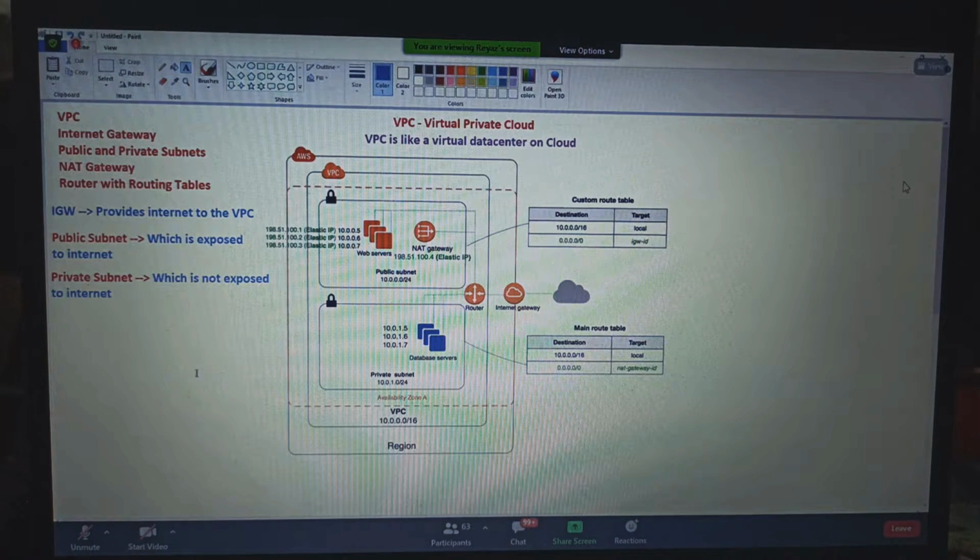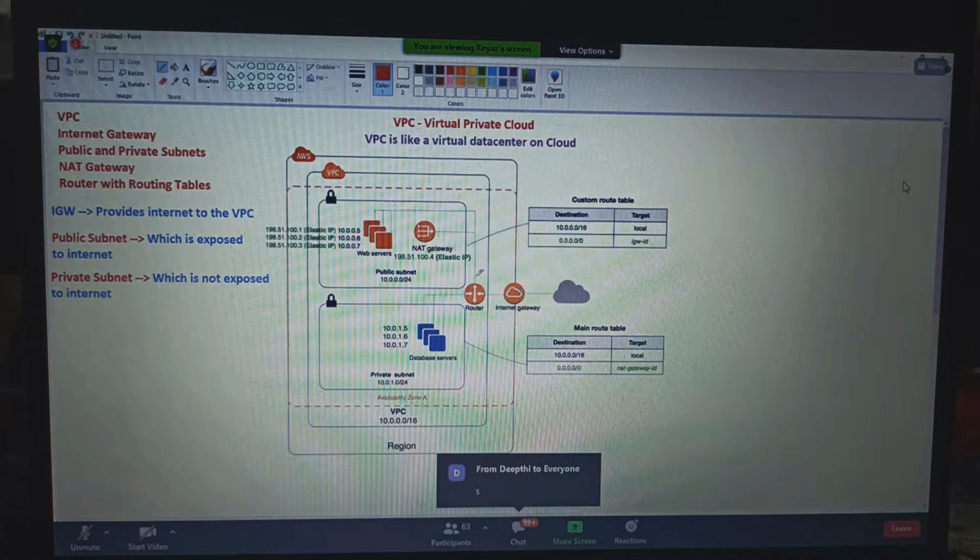Good. Guys, an important thing here, catch. I said public subnet is exposed to the internet. Whatever subnet we have created inside the VPC that is exposed to the internet is routed to where? Can I say that the public subnet is routed to the internet gateway, because it is directly connected to the internet gateway? Yes, right? So public subnet is routed to internet gateway.